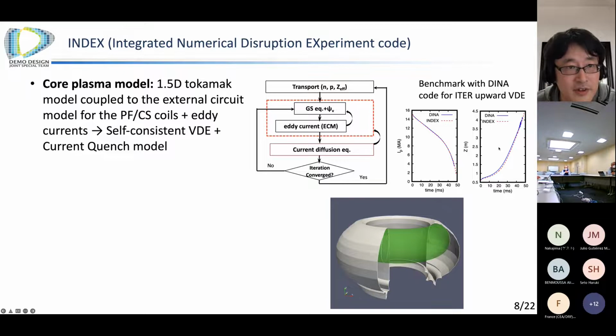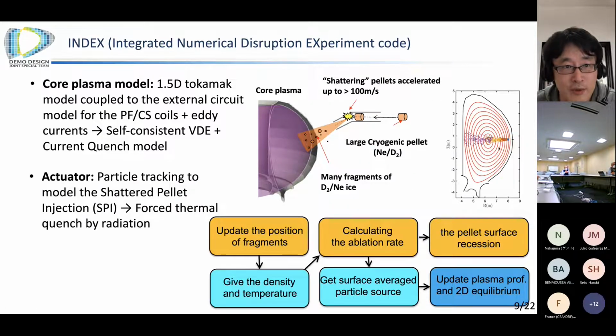And so using this code, what we have done is to implement the modeling of the shattered pellet injection. You may know that this shattered pellet injection has recently been determined as the baseline of the ITER DMS. And in this scheme, the large cryo pellet, which is almost the size of a wine bottle cork, is injected into the plasma. But before the injection, they are shattered into small fragments, let's say about 1 or 2 to several millimeters in size. And many such shards are injected into the plasma like in this way.